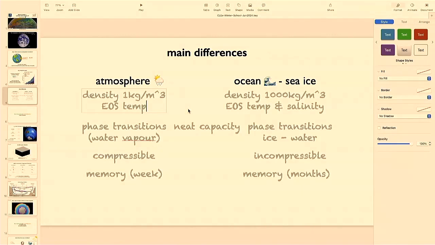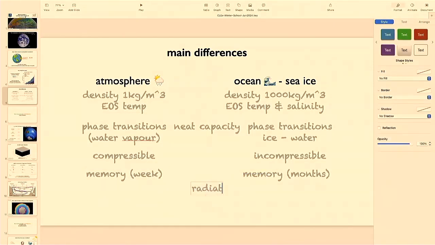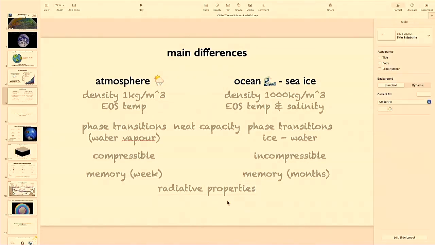Radiative properties, like if you're heating or cooling the atmosphere. So the ocean might be more reflective to radiation. Yes, yep. All right, I'll put it in the middle because it's radiative properties, yes, they're different. All right, that's a pretty good list. There's a few things that I didn't think about in the morning. There's one else, kind of, just a little bit. I mean, when I say it, they will say, oh, yeah, well, I didn't think about it.